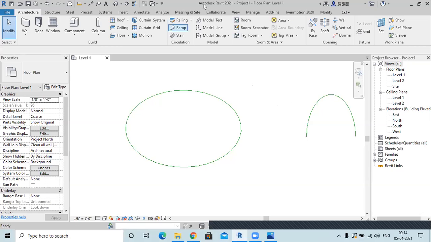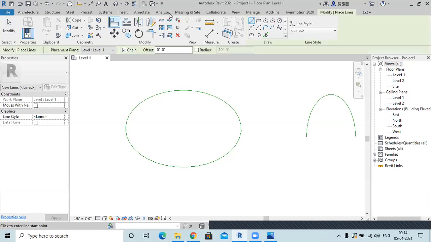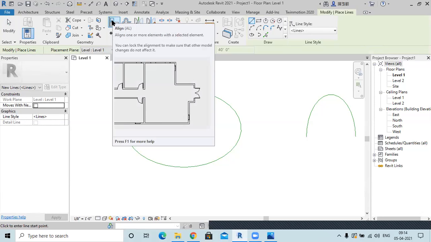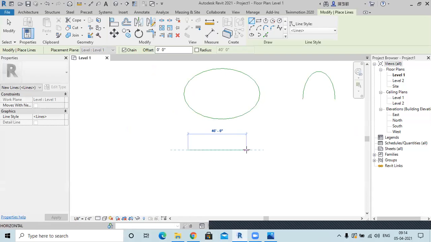Okay. So now there are these options on the left side. We'll go through all these. First is align. When you want to align two different elements, this is used. For example, if I have created this line first, then another line here.